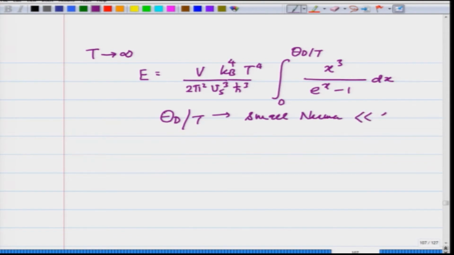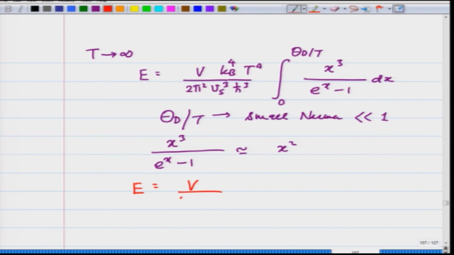In fact, much less than 1, and therefore, I can write the integrand x cubed over e raised to x minus 1 as roughly equal to x square by expanding e raised to x minus 1 as x, and we get therefore E equals